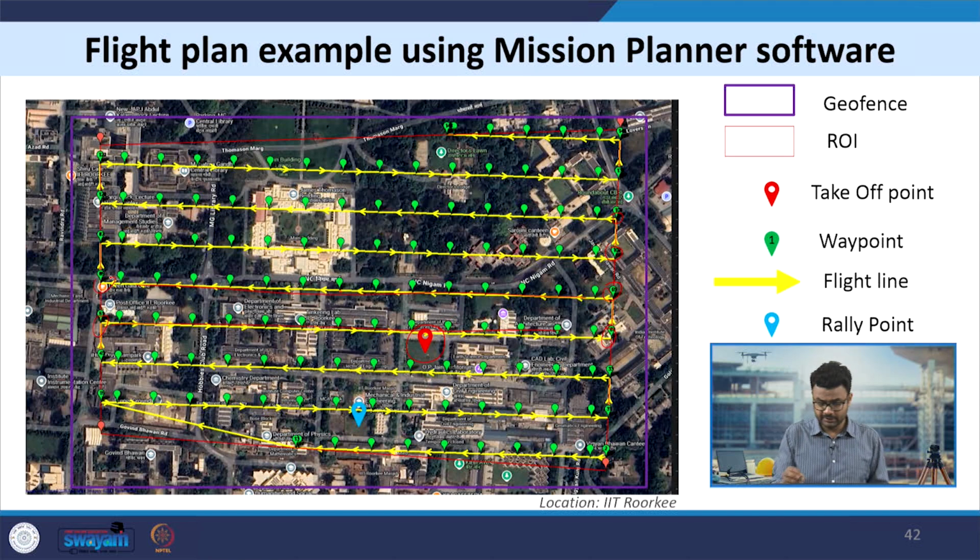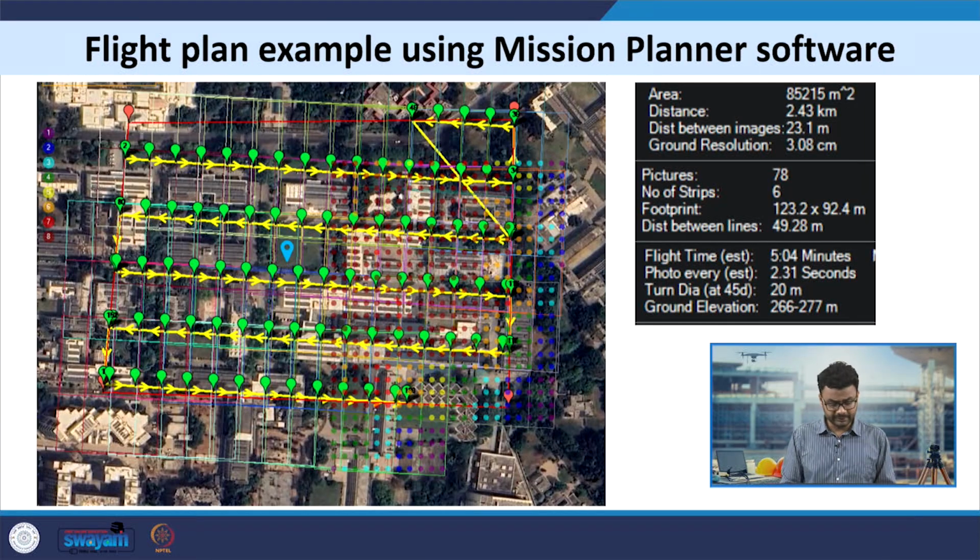In addition to this, there is a region of interest formed by the red boundaries. There is also a geofence shown in purple, so the drone will not go outside the geofence. And there is also a rally point for the drone to go to in case of some loss of signal. This is another flight plan example using Mission Planner software, and for this flight plan, we can see the software